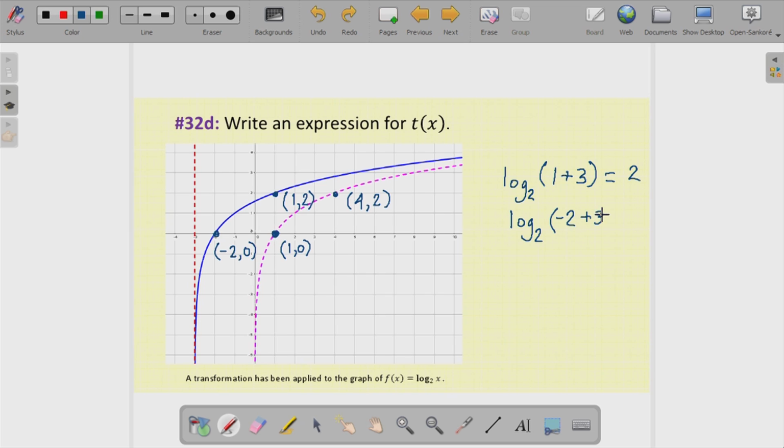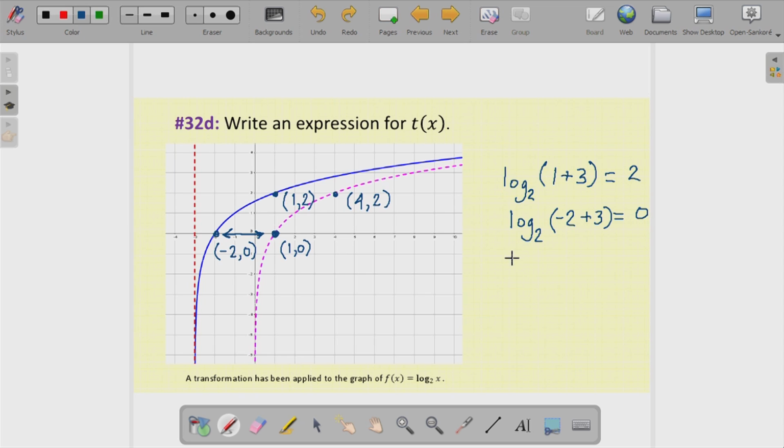plus 3. Again, we're thinking that -2, from our little picture here, it seems like -2 acts like x equals 1 on the original curve. And in fact, the algebra over here confirms that. If we plug in -2 to our formula here, we're getting -2 plus 1 is 1, log base 2 of 1 is 0. That makes sense that 1 acts like 2, -2 acts like something 3 to the right of